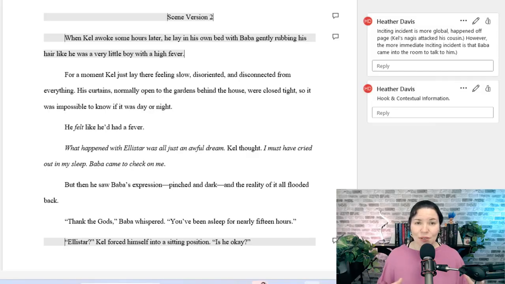Okay, as we go through the scene, you'll notice that I've added inline comments to show you exactly what component of the scene you're looking at. I will be reading the scene to you and talking about the components of the scene as we go. If you want this scene as sort of a study scene, or you just want to read it without all of my interruptions,